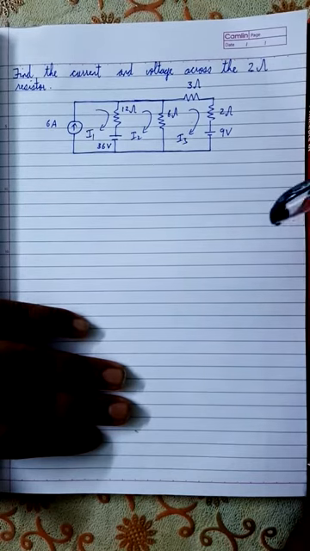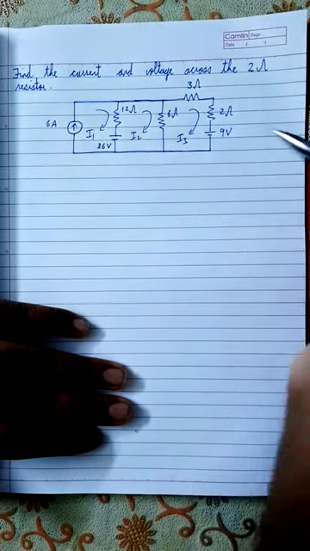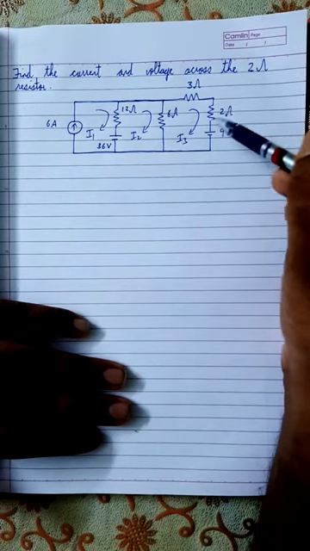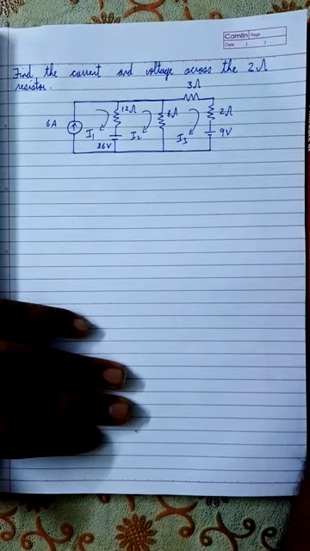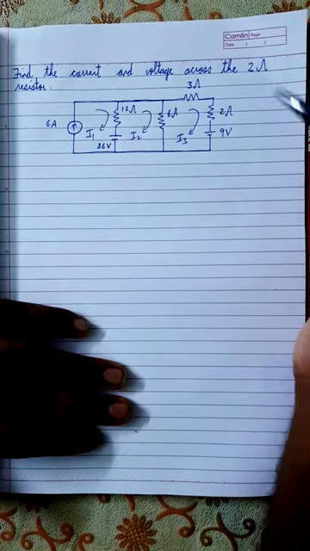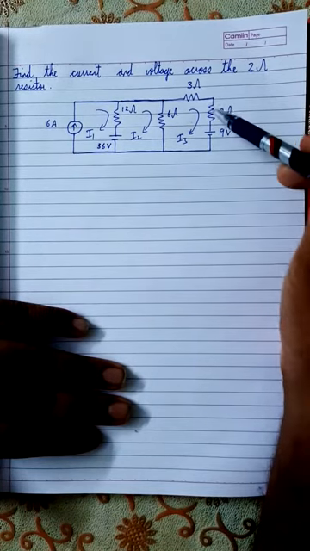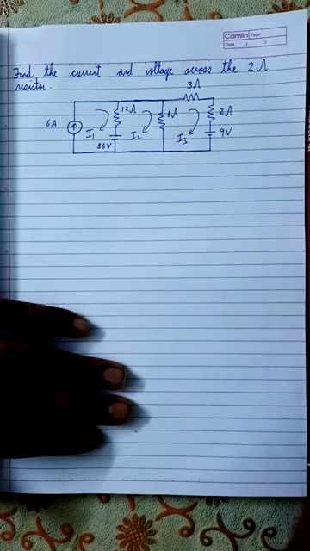And if you know the current, and of course if you know the voltage. See, if you look at this question, the question is find the current and voltage across the 2 ohm resistor. So here this is the 2 ohm resistor and they are saying to find the current and voltage. So the current across the 2 ohm resistor is I3, right? I3, and the voltage across the 2 ohm resistor is I into R. R is 2 ohm, so I3 into 2 is the voltage across the 2 ohm resistor. So all you need to do in this question is to find the value of I3, right? That's the question, right?